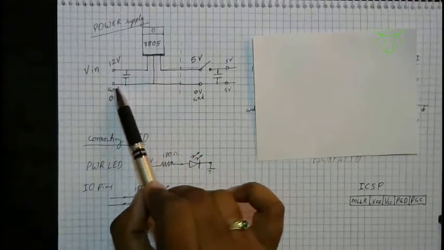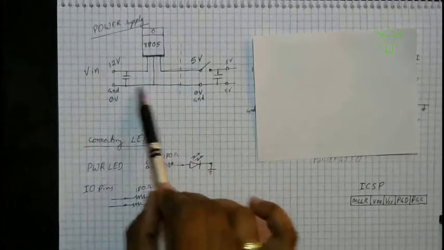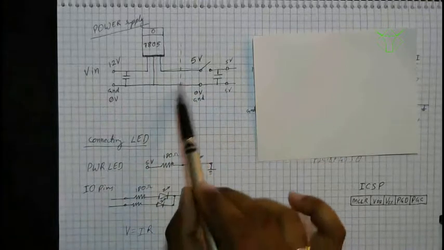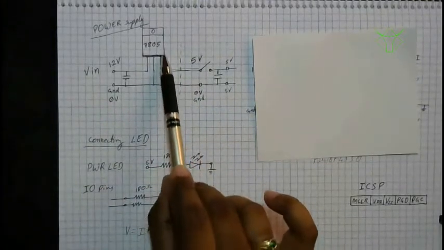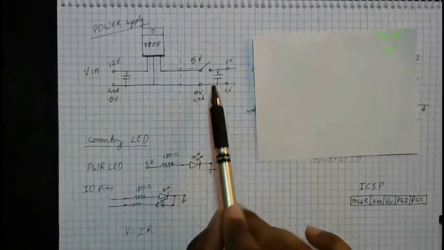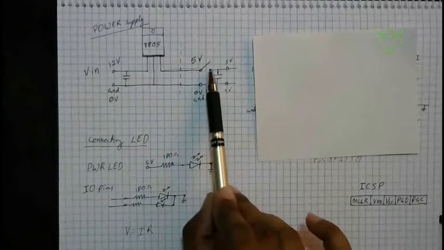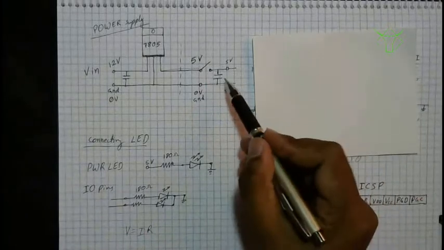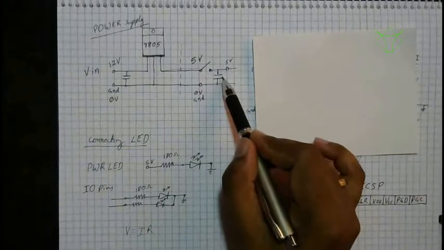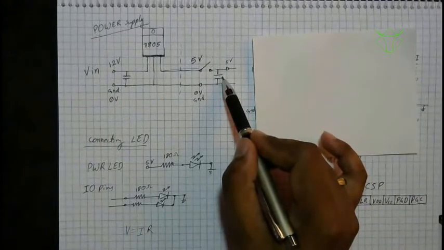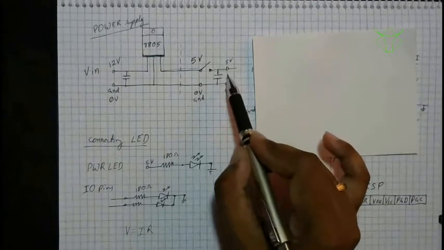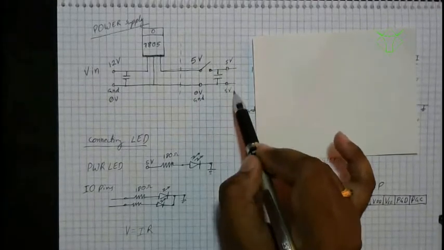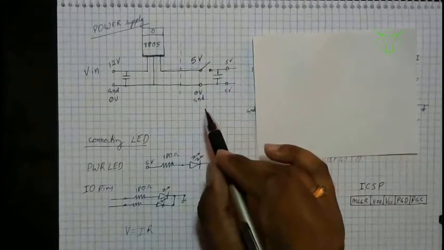The ground pin is common for everything. This ground pin is what we'll use for all the other circuits, so that is the common one. The third pin is the output, the 5 volt output. We have a switch here. An on-off switch is connected to this 5 volts, and after the switch we connect this capacitor. Here you could use a 1 microfarad or 10 microfarad capacitor, and whatever power lines you have after this capacitor, that is what we'll use to connect to the microcontroller.